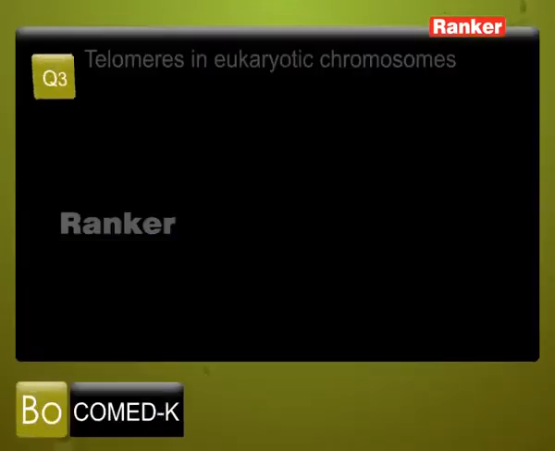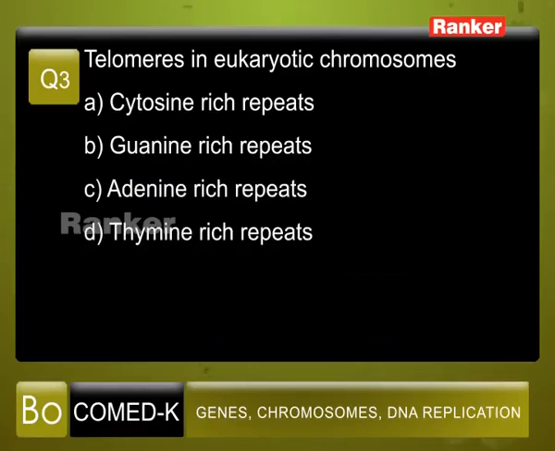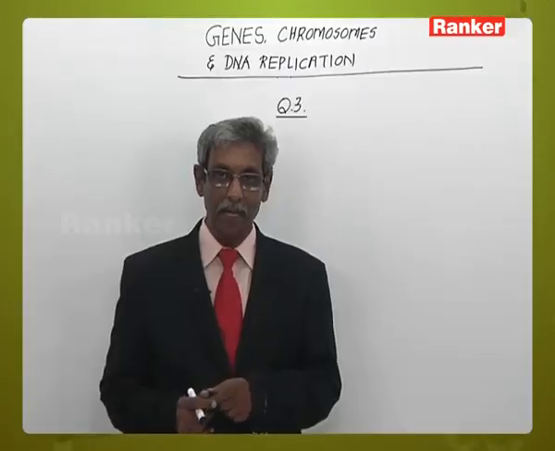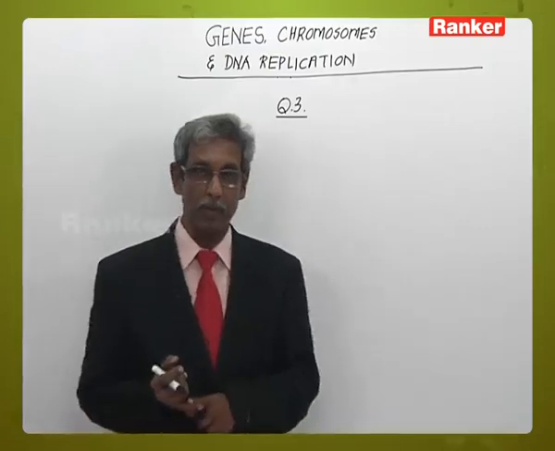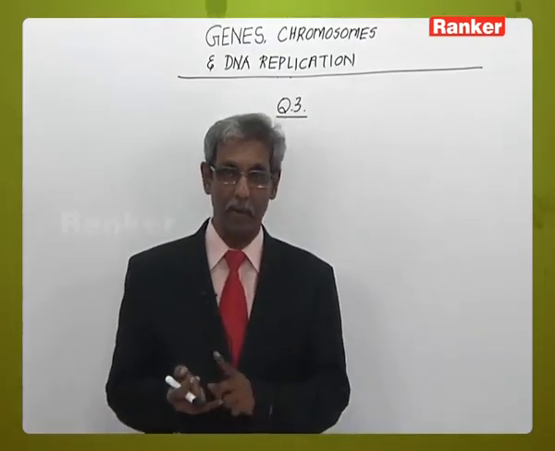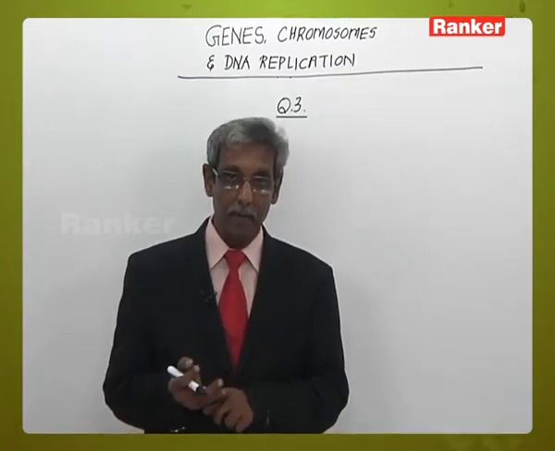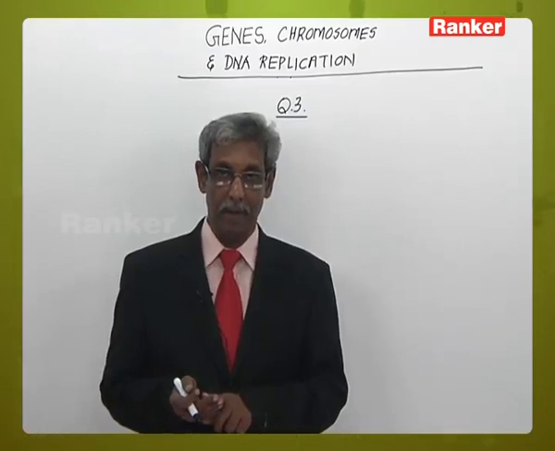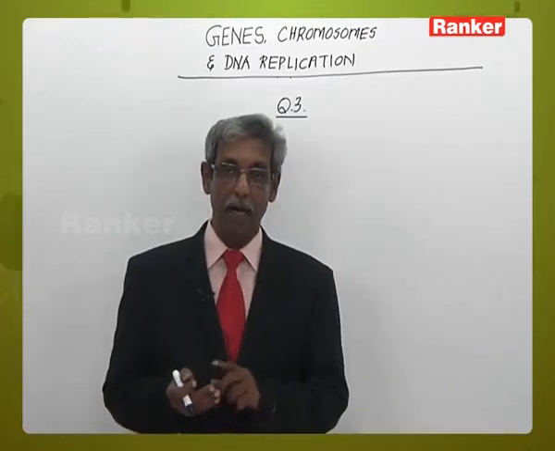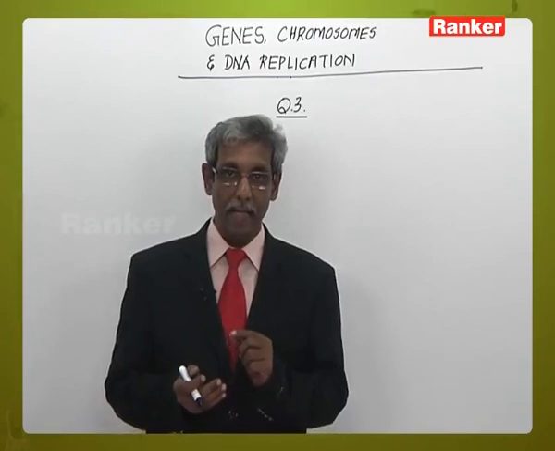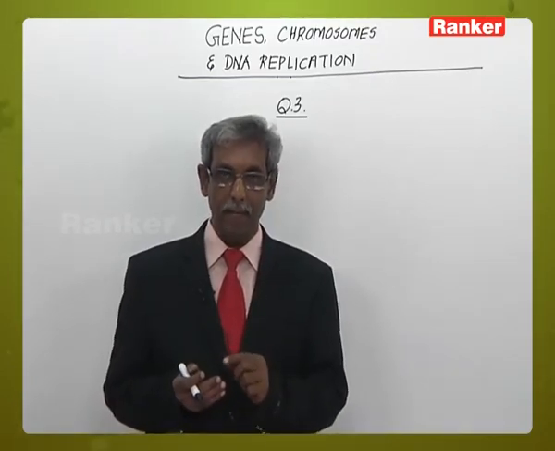Question number 3: telomeres in eukaryotic chromosomes are A, cytosine rich repeats, B, guanine rich repeats, C, adenine rich repeats, D, thymine rich repeats. Eukaryotic chromosomes are common in plants as well as in higher organisms, and in eukaryotic chromosomes the terminal end of the chromosome is termed a telomere. So telomeres are the terminal ends of chromosomes, and they are rich primarily in